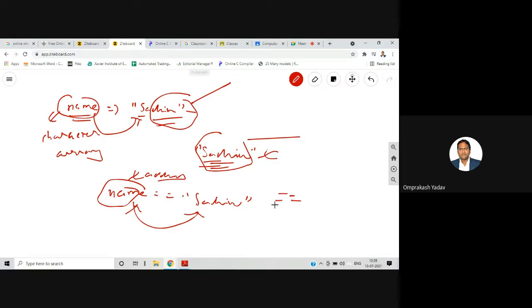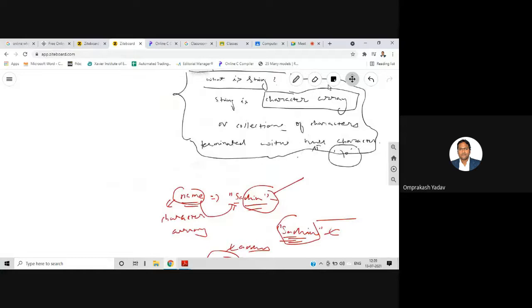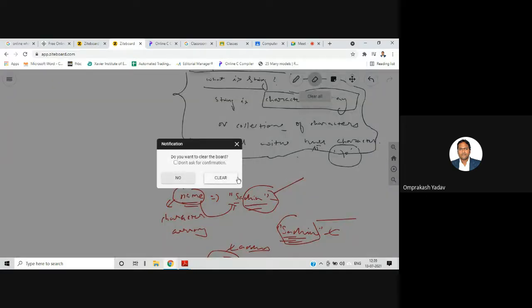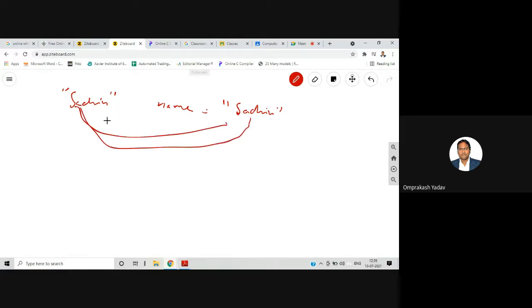If you really want to check whether both the strings are equal or not, you can do different things. Either you check character by character. So I'm having Sachin, and in name I'm having Sachin. You can do character by character checking, and then you can finalize whether both the strings are equal or not, right?